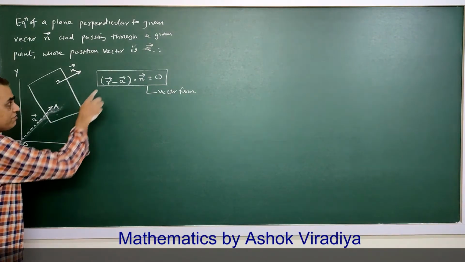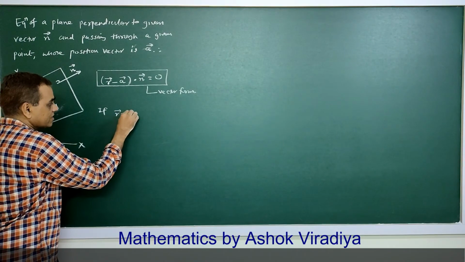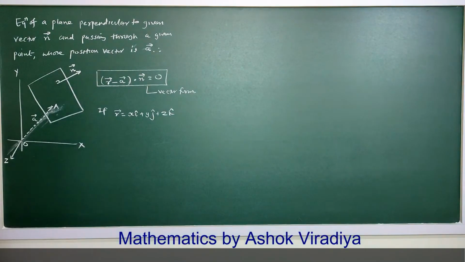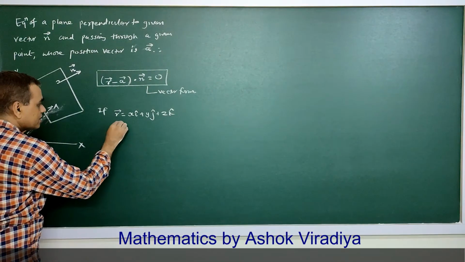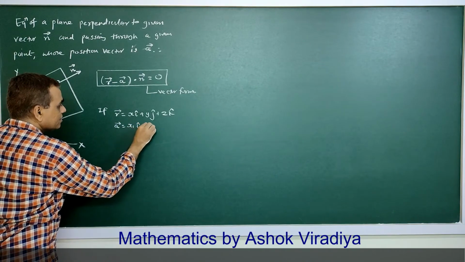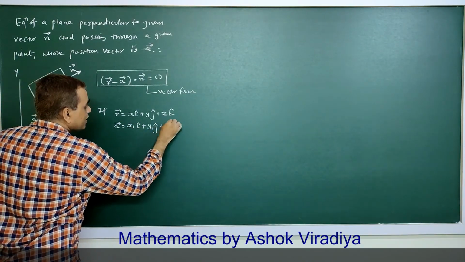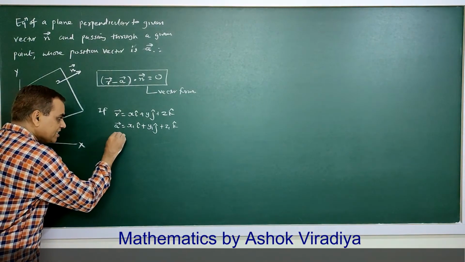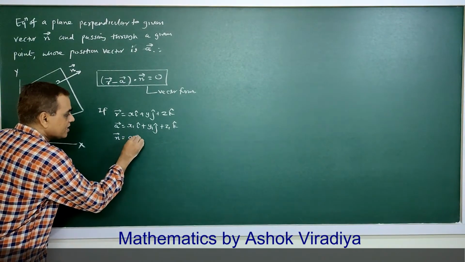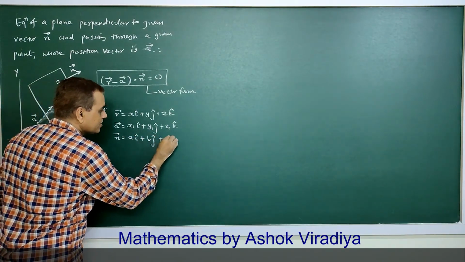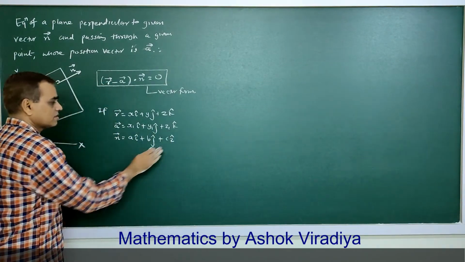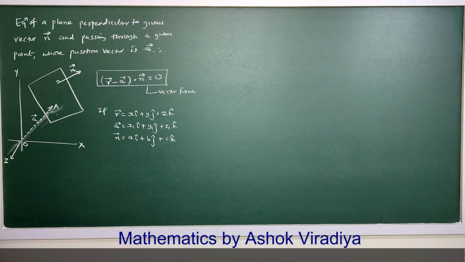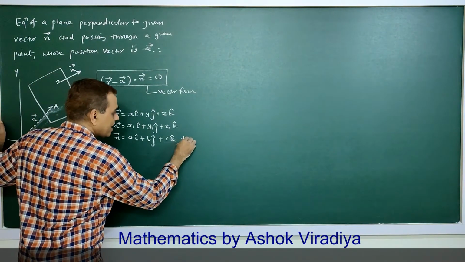Now, if we keep vector r as xi plus yj plus zk, vector A as x1i plus y1j plus z1k, vector n is ai plus bj plus ck. If we use these traditional symbols, then we can say that